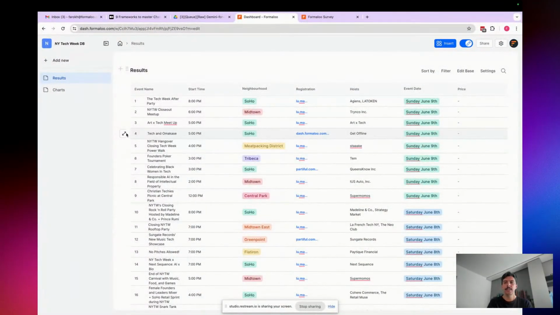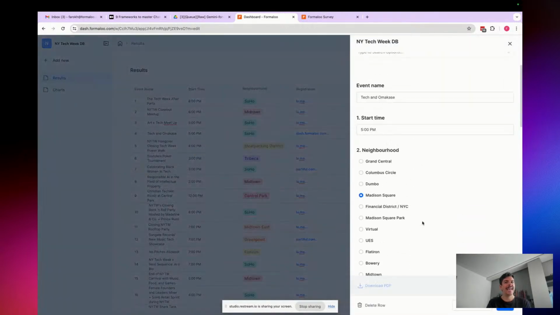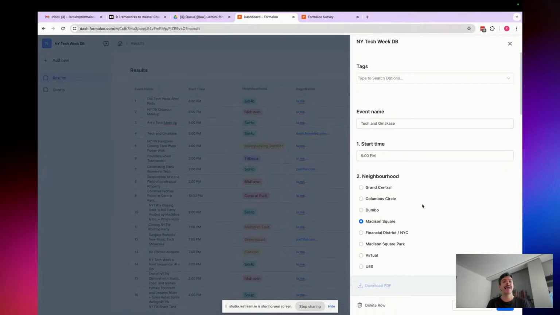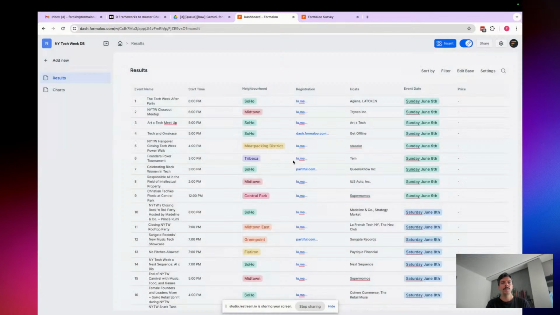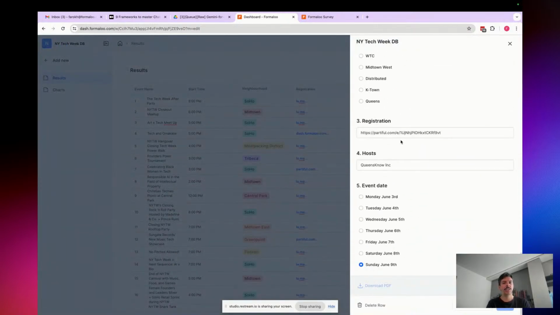For example, okay, I want to create a PDF version of the answer. This is for an event. Let me show you. This is the event name, the start day, where is the neighborhood registration, and who is the host, and what's the event date. So I say, okay, for this, I want to have all of the information here, and I